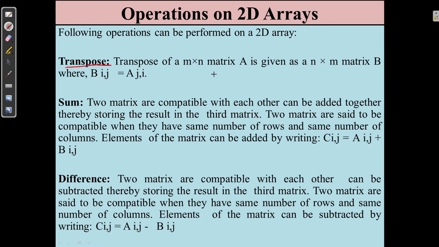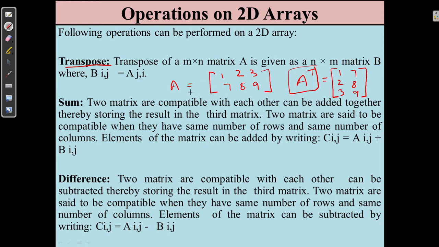So what does transpose say? For example, we have a matrix 1, 2, 3, 7, 8, 9 and we want to find the transpose of this matrix. Let's say this is A. So mathematically, A transpose is when we change rows to columns and columns to rows. So the transpose of A will be 1, 2, 3 and 7, 8, 9. And this is how we denote the transpose of a matrix mathematically. So yes, for a two-dimensional array, we can perform a transpose operation.